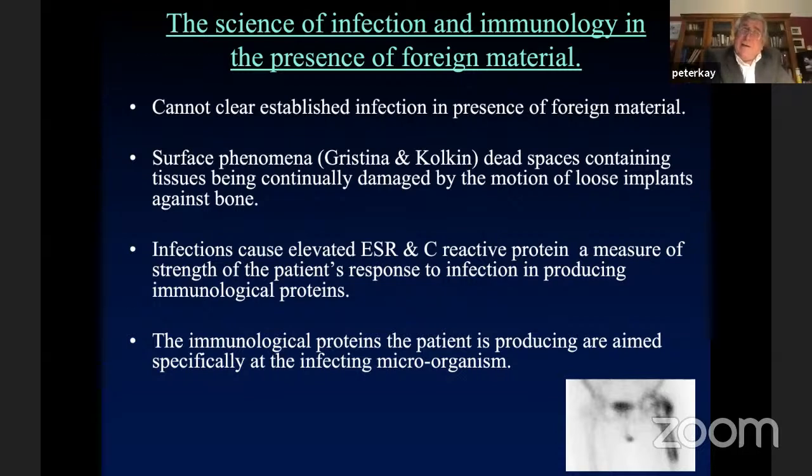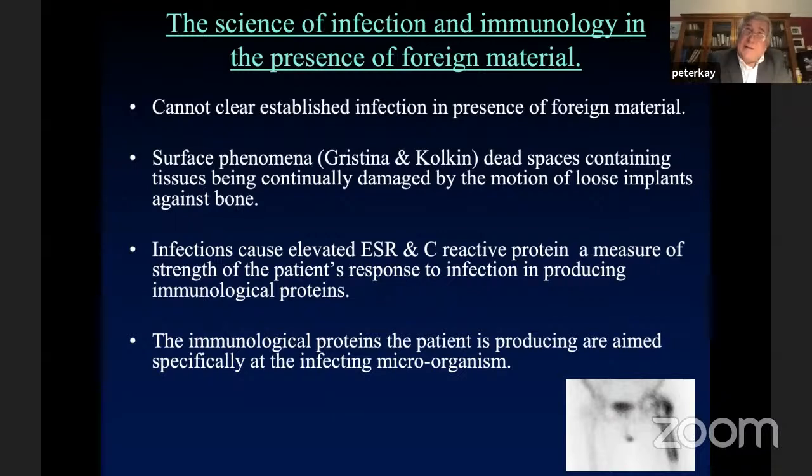And I think when you see those sort of cases where you really struggle to get rid of infection, sometimes those are the cases with very low-grade infection, very little in the way of an immune response. And if the patient's immune system is not on your side, maybe it's more difficult to get rid of infection.